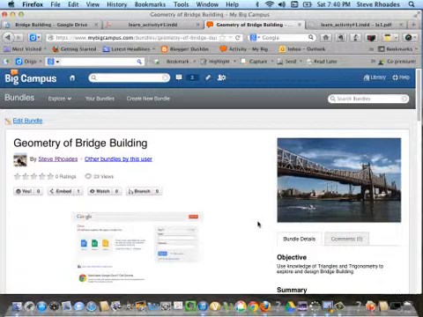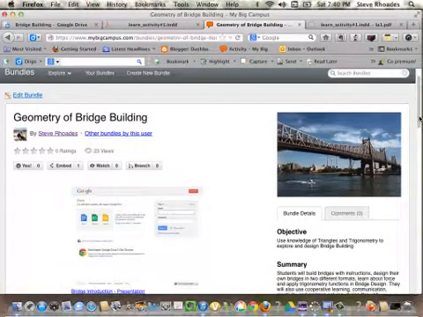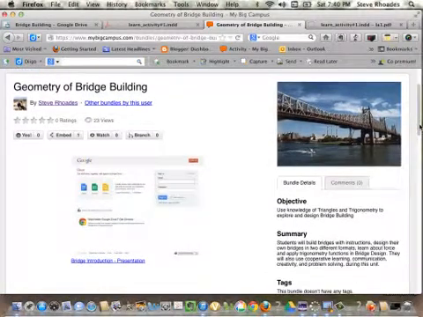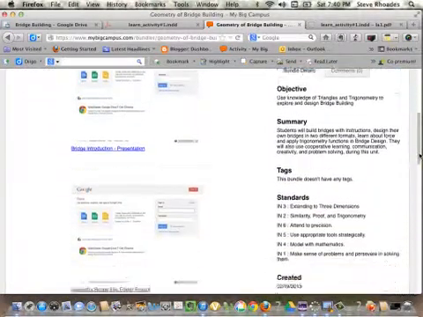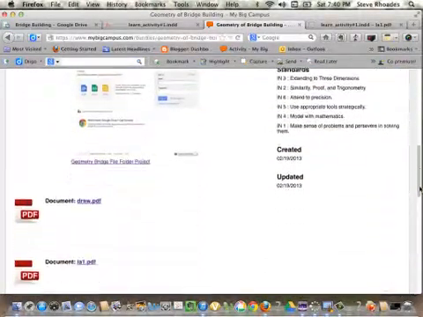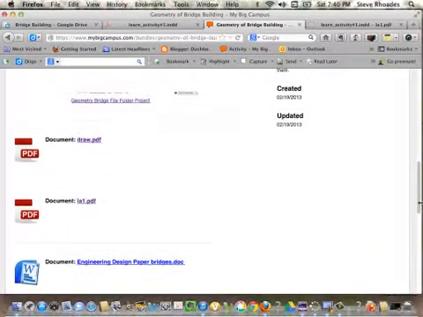Okay, today we're going to actually start the bridge construction project, actually cutting out items and trusses to be used to build your bridge. I assume that by now you've gotten into My Big Campus and you're watching this video, which was located on there. Your file that you will be using for your instructions is also on My Big Campus, the Geometry of Bridge Building. If you scroll down the screen, you should be able to find document